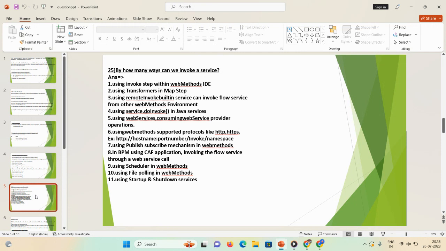Then question number 25, in how many ways can we invoke a service? The first, using an invoke step within webMethods Designer.